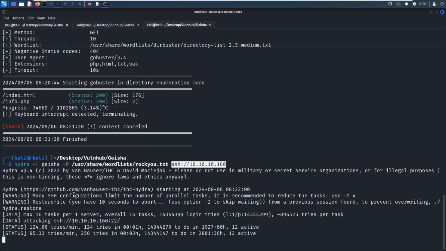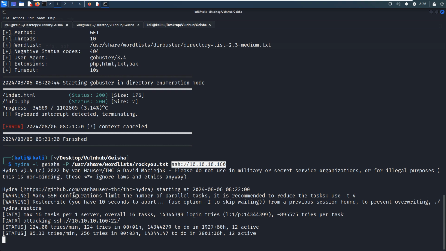Alternatively, we can use Medusa rather than Hydra, but to be honest, I never use Medusa because Hydra gives us very good performance. We can use Hydra to attack many types of services like FTP, SSH, HTTP.